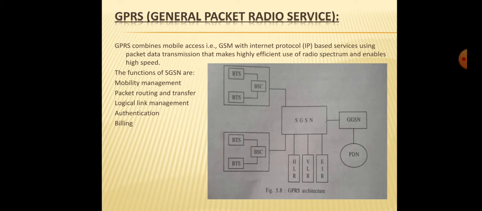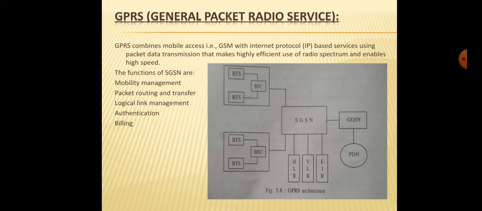So the block diagram, as you can see, that is the block diagram for a GPRS. So gateway GPRS support node, GGSN, is the gateway between GPRS wireless network and IP based data network. Then GGSN carries out the necessary protocol conversion and address conversion. Serving GPRS support node routes and delivers the packet data between GGSN and proper BSS of the GSM network. Then next, the location register of SGSN. As we have seen, it will be doing packet routing and transfer, then billing and all that, as it is mentioned over here.